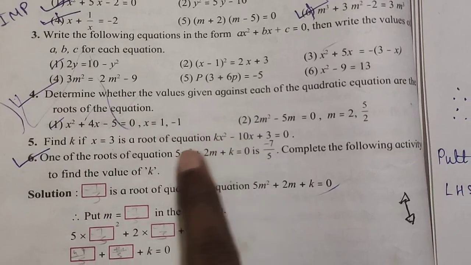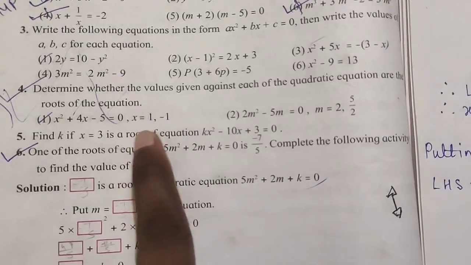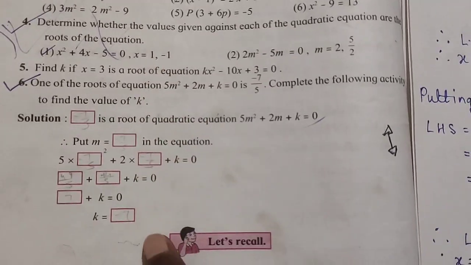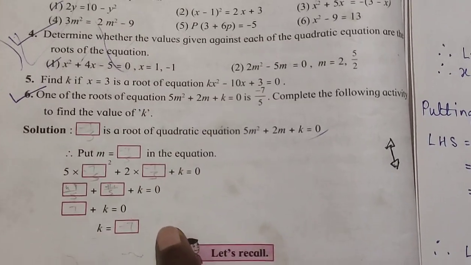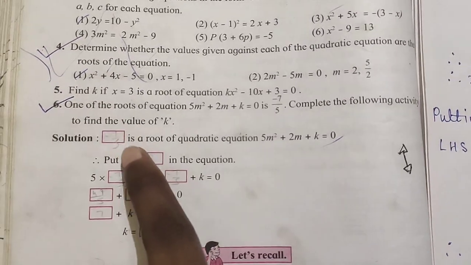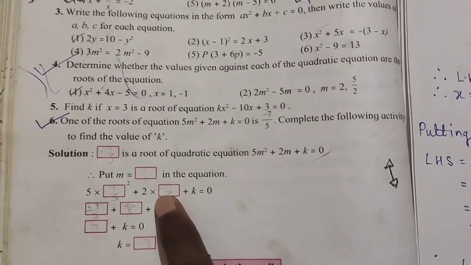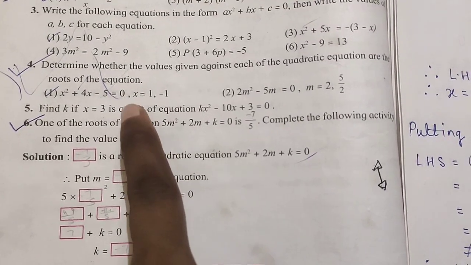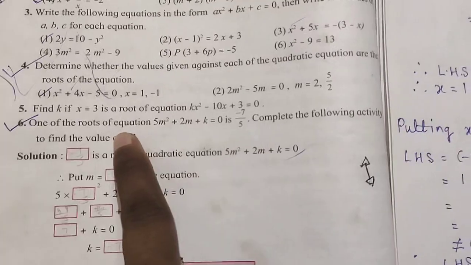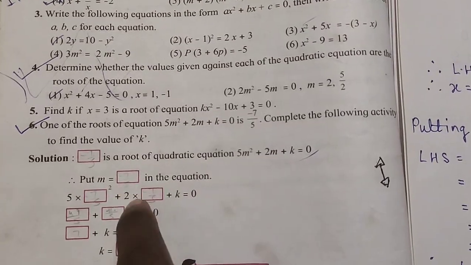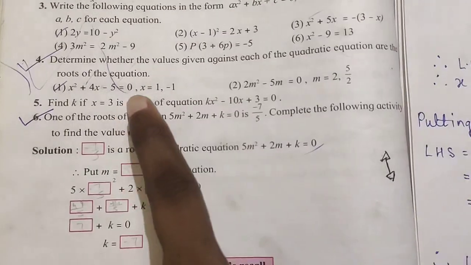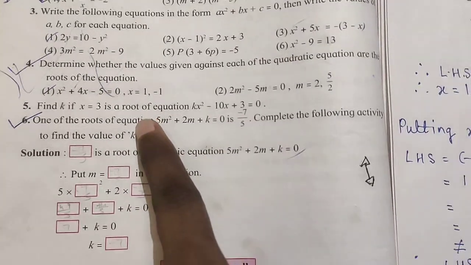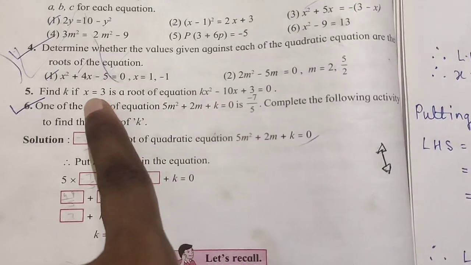Okay, similarly your 6th question is similar to 5th one, just like 5th one, but in this case we are given some activity, so we need to put the values in the boxes properly. So let us do that. First we are going to solve 5th one. Remember, 5th and 6th are similar question. Only the thing is that in 6th one you have to put only boxes, but in 5th question you have to solve your question. So let us solve first question, 5th one.